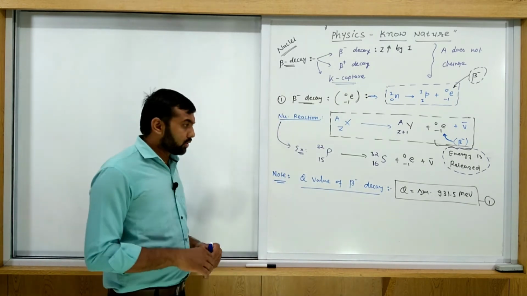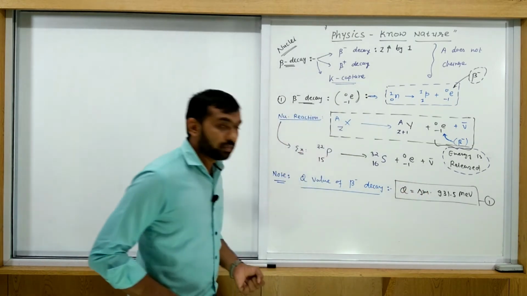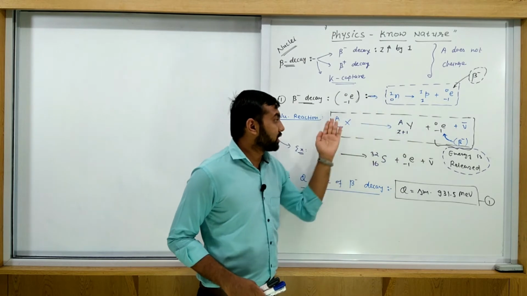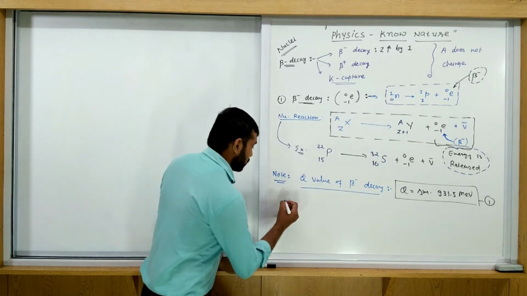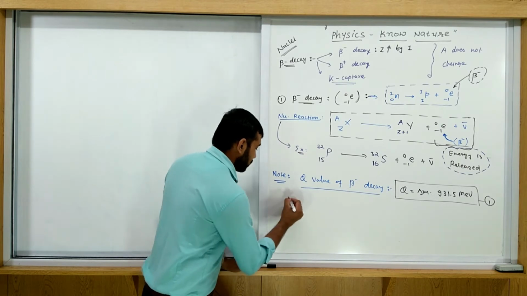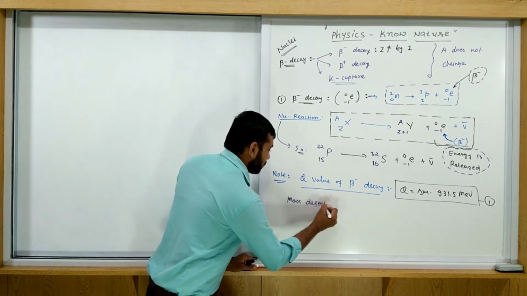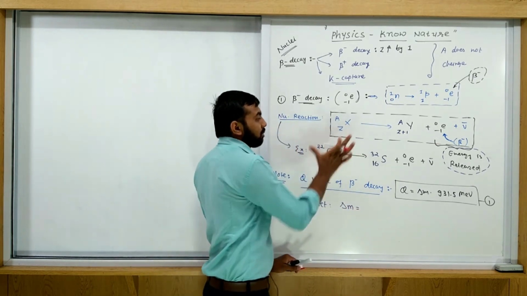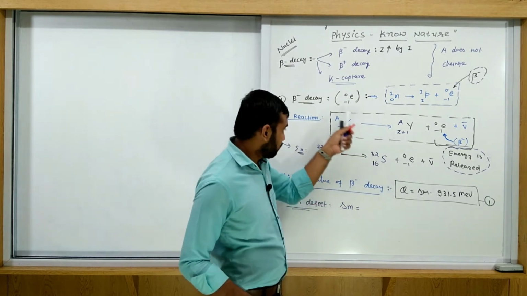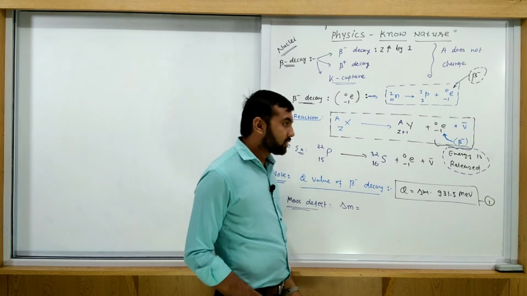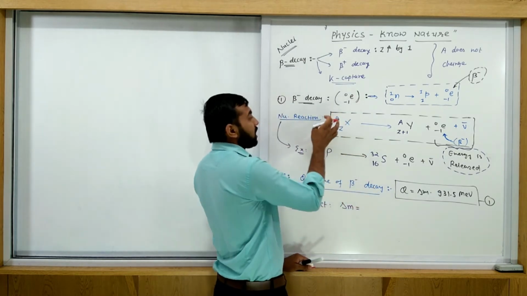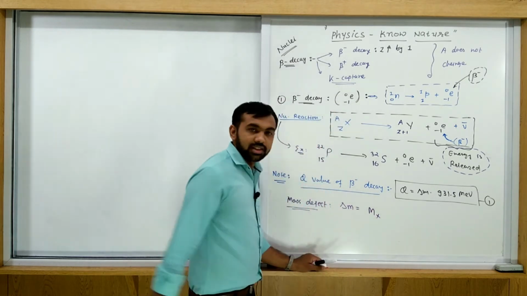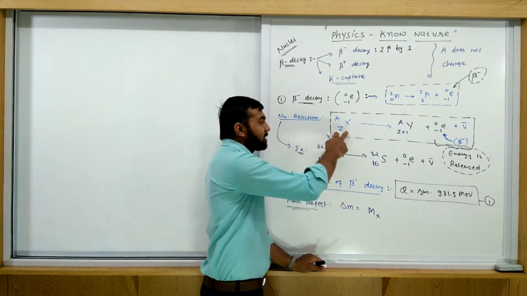But the problem is, what is delta M here? Delta M is the mass defect in this reaction. So let's find the mass defect. Mass defect, delta M, is equal to the left hand side total mass with electron. So what is this left hand side total mass? Let's suppose the atomic mass of X is mx. So the total left hand side mass of the nucleus is mx, minus the electrons present in this element.